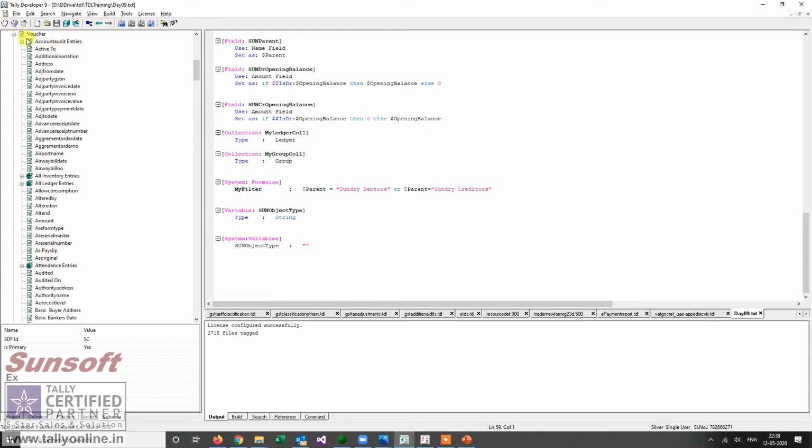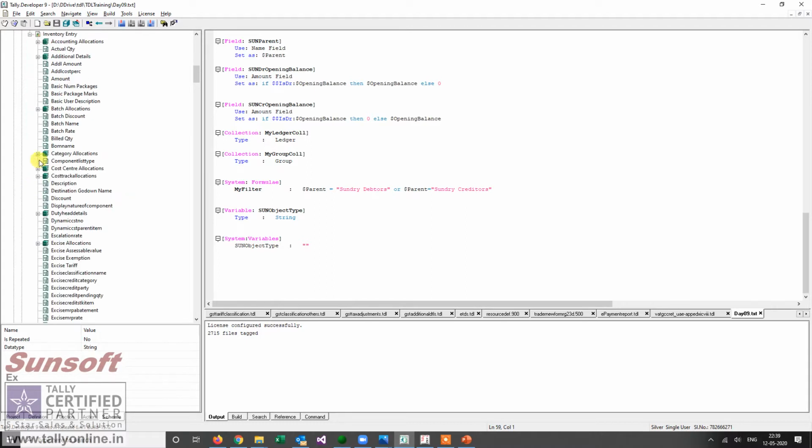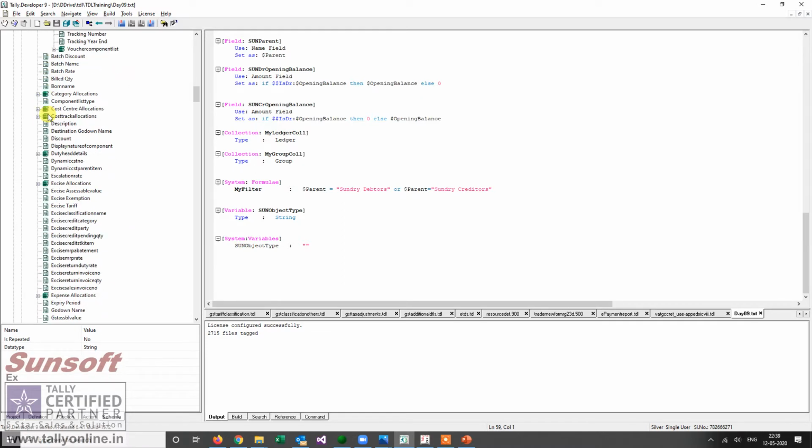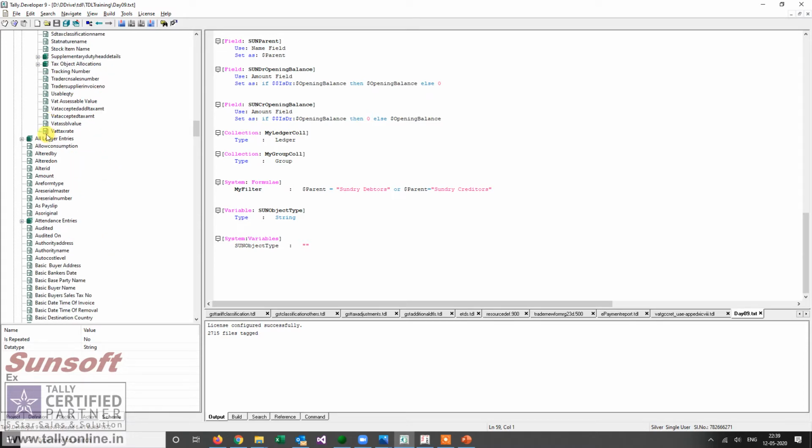So we have a voucher. These are the field methods which are there. Then you have all inventory entries, which has a single inventory entry. Under that there is batch allocations. Under batch allocations there are cost center allocations, excise allocations, expense allocations. These are some internal objects that Tally uses.